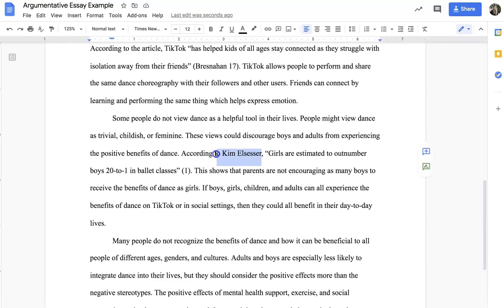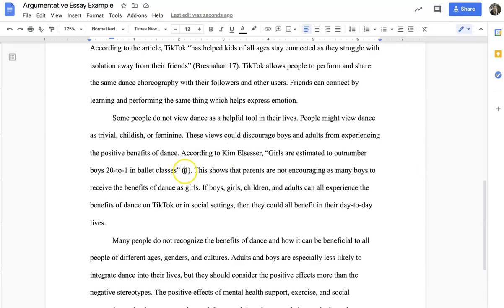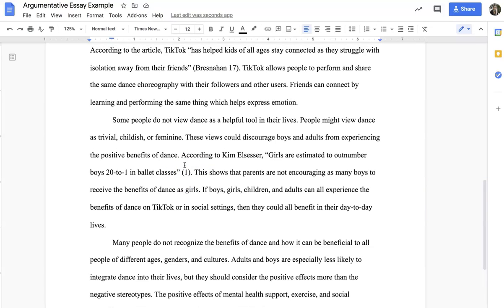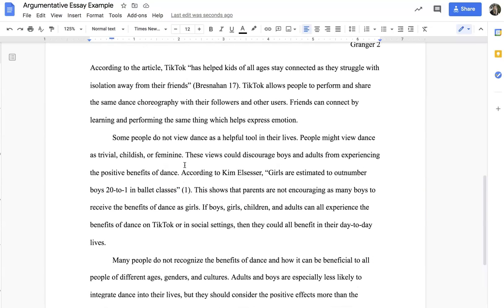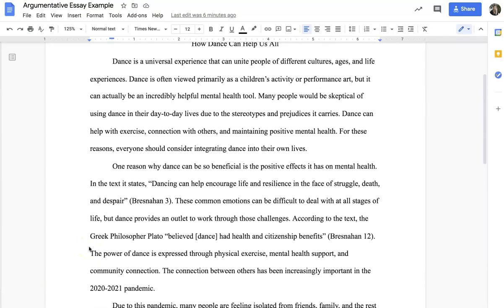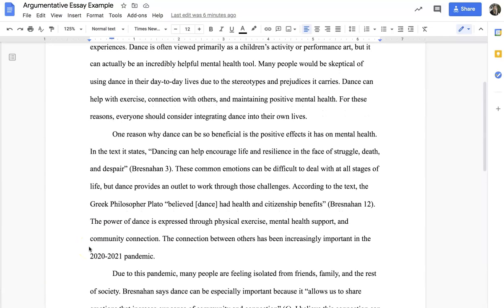Again, I have the author's last name in my sentence, so I don't need to put it in the citation. The period is in the correct spot. It's outside of the parentheses. So go ahead and check all of your quotations and all of your citations to see if you can make any changes. The last thing we're going to look at in the body of this essay before we get to